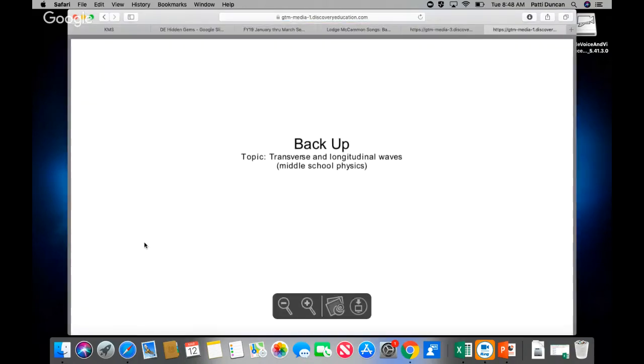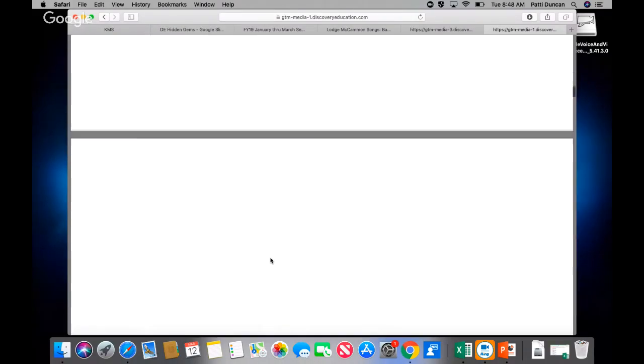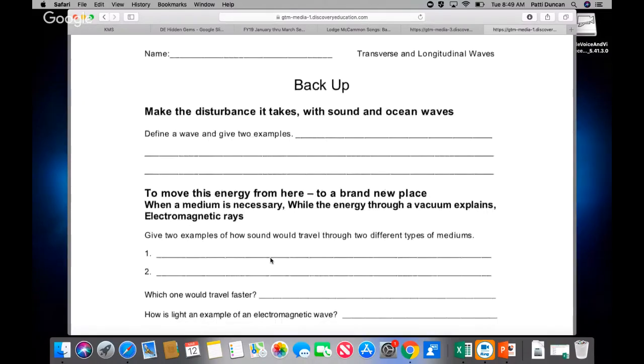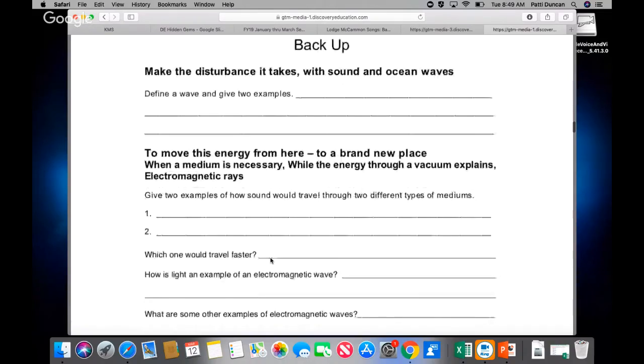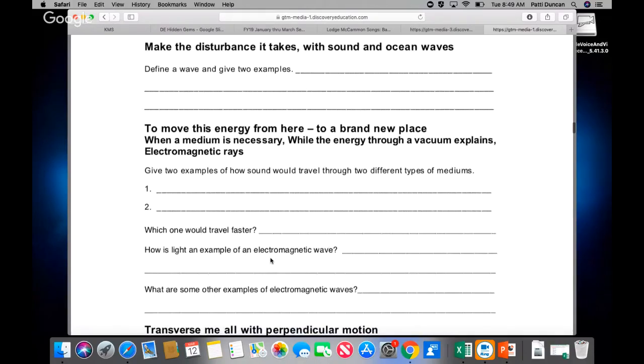And the teacher's guide for this not only has the lyrics, as a lot of the other songs do, but as I scroll down, it's got this great sheet of questions that go along with the lyrics to the song. So it's kind of like a guided note taking.